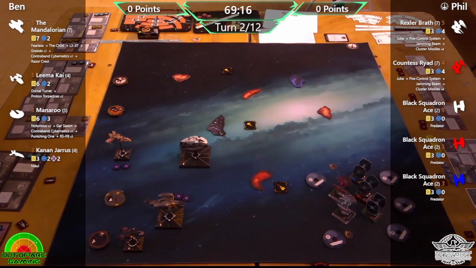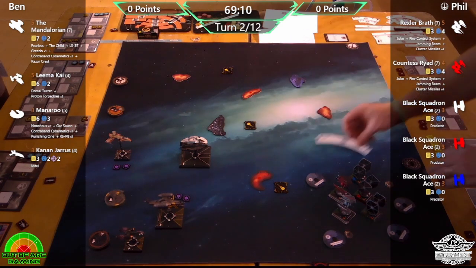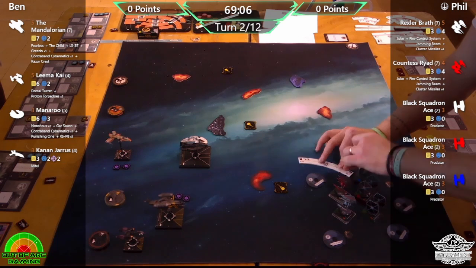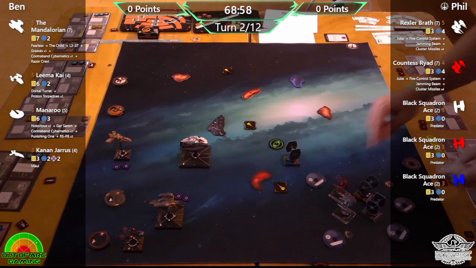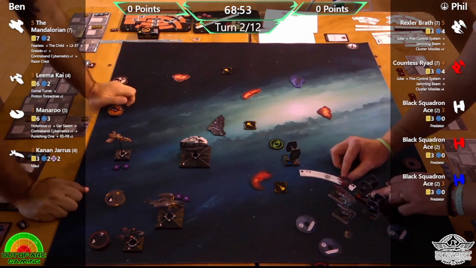I did like that. But looks like just jockeying for position at the moment, a bit of formation flying from myself at the beginning of coming into the beginning of round 2. I'm not going to lie, I've seen Ben's list so many times, it's quite scary, actually, what it can do. Yeah, I'd say there's a lot of stuff on there that...